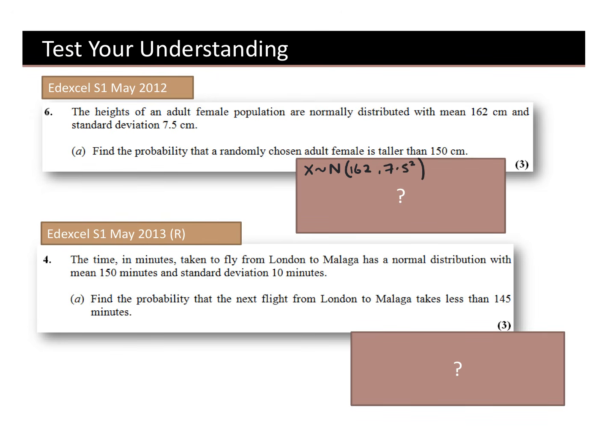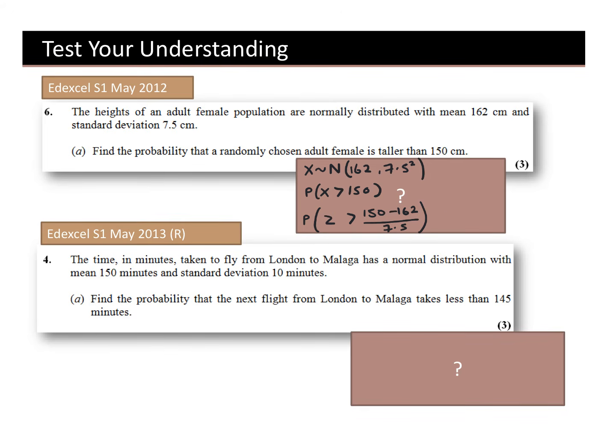Now remember that when we write the notation, we're looking for the variance. So let's find the probability that a randomly chosen adult female is taller than 150 centimetres. So we want the probability of X being greater than 150. Now, as we know with our Z tables, we don't have an X value. So we need to use the standardisation formula to convert this into a Z value. So we want the probability of Z being greater than, now we know it's our value X minus the mean divided by the standard deviation,